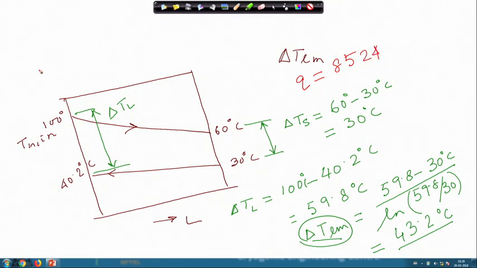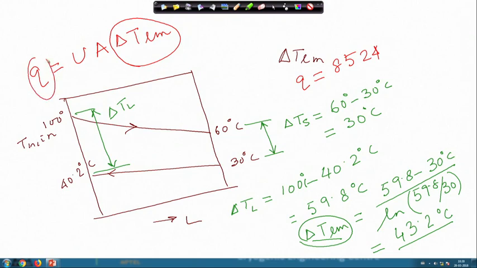So, in that expression Q is equal to U A delta T L M. Out of which we have already been able to calculate the delta T L M. We have been able to find out the Q. What we need to know is the overall heat transfer coefficient, and from there we will be able to find out the area. Now, this U is basically 1 by U is equal to 1 by h i plus 1